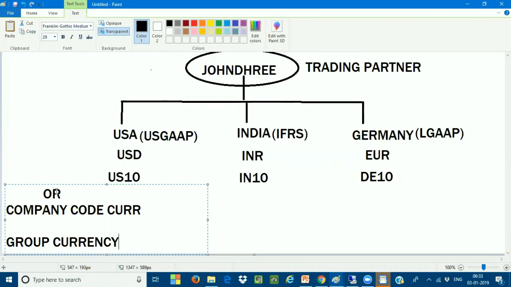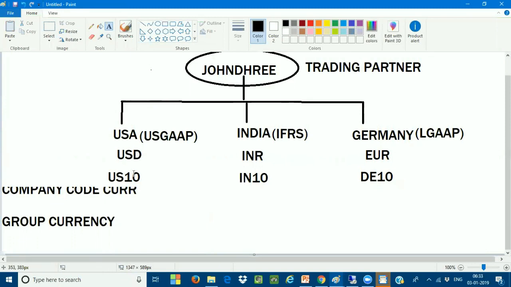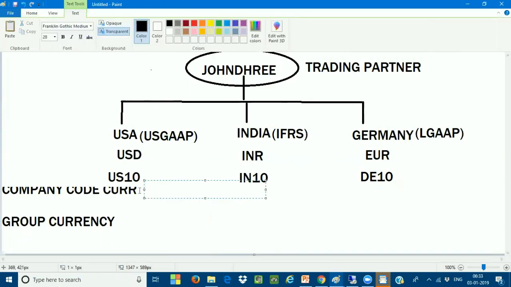Okay. So in SAP, normally, to tell SAP what type of currencies we are going to be using for each and every company, I need to define the currencies here. So it is called a company code currency or local currency, and a group currency. Each of these is given a code called a type. We call them the currency types.